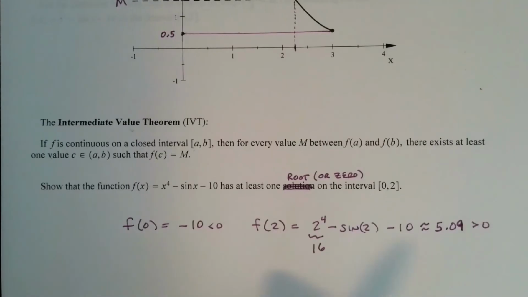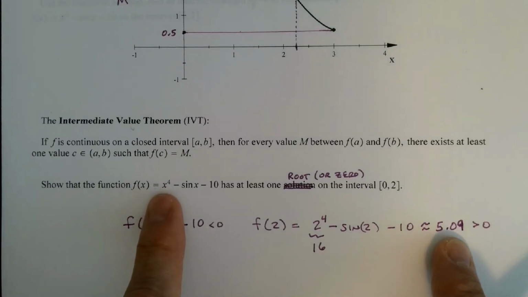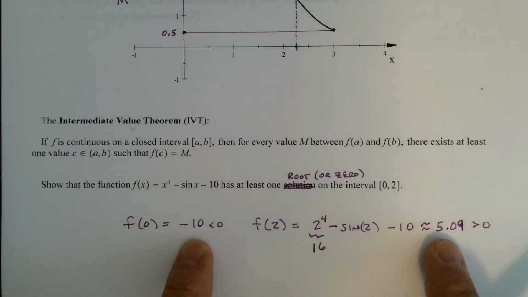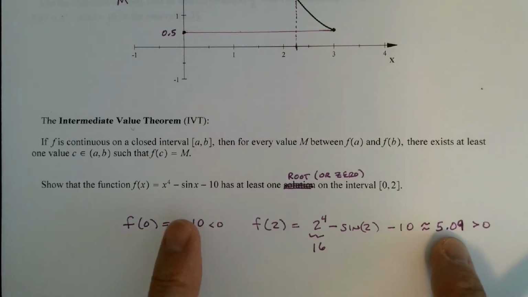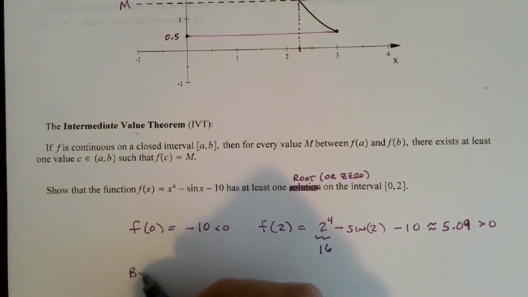That means that in between negative 10 and 5.09, we are going to have a value of x such that the functional value output is between these two numbers. So that's true for any number between negative 10 and 5.09. And 0 is indeed in between these two numbers. So by the intermediate value theorem,